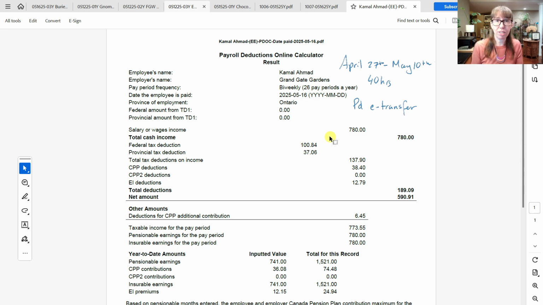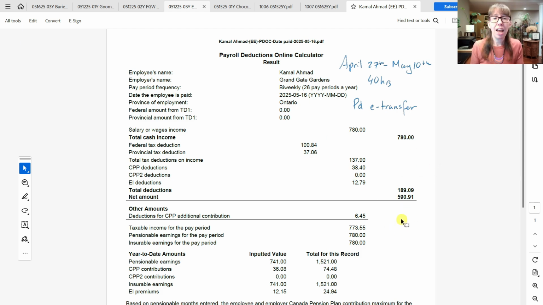I'm going to be using these to also illustrate how the QuickBooks payroll works and how some of the things that still need a little bit of improvement, how those things work as well. So because of that, I'm actually going to be using the QBO payroll module for this Grand Gate Gardens case study right now. But you'll see, because the same tax tables are being used, it's going to come out to